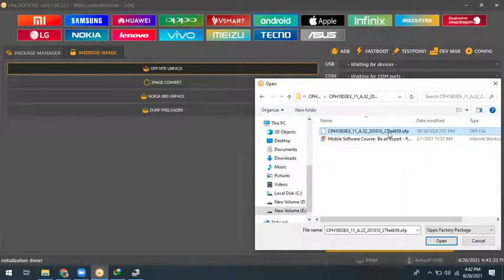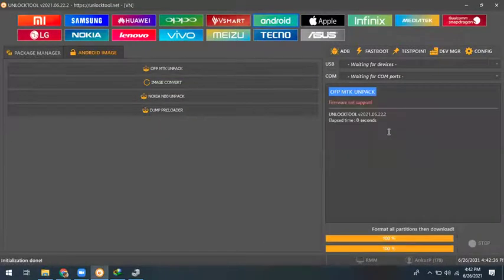You can extract easily, double click there, and it will automatically say firmware not support. If you get a model showing firmware not support, why? Because your model is Qualcomm. If you're getting this type of error, understand, guys, that it is Qualcomm.